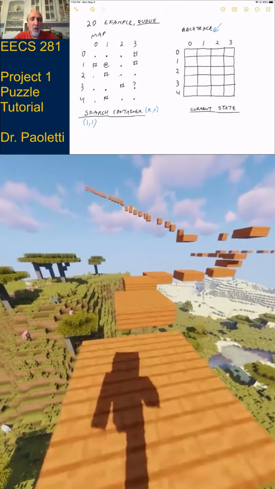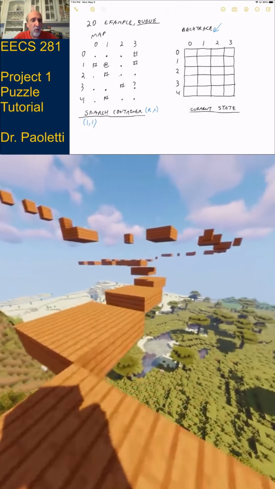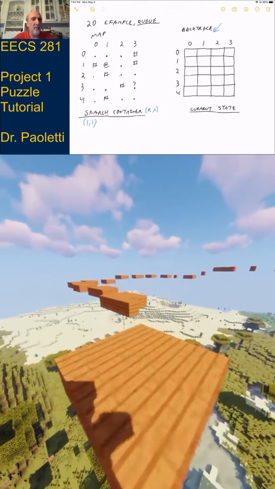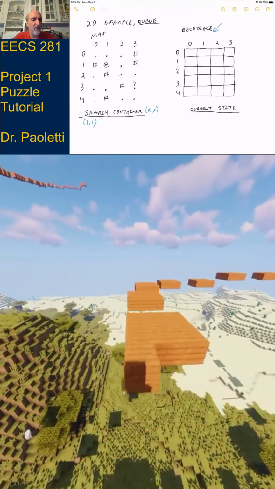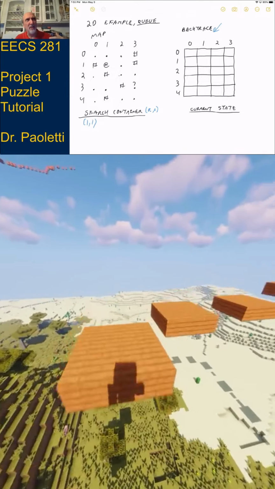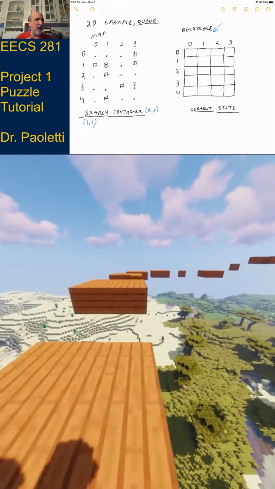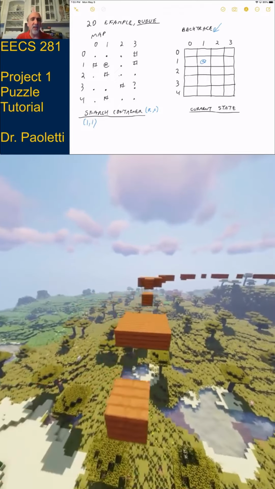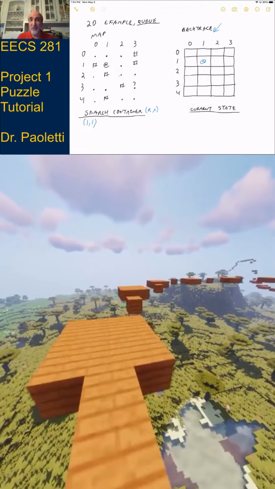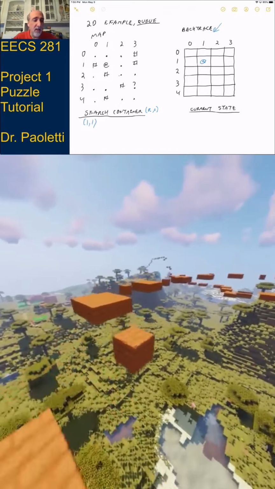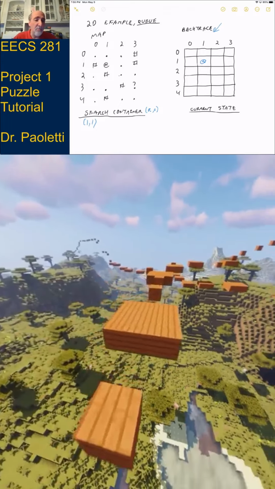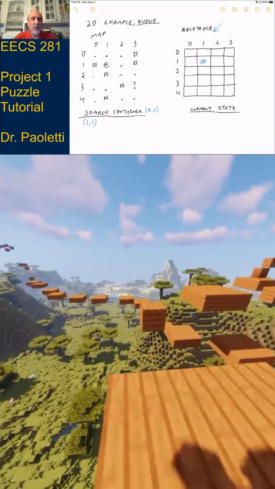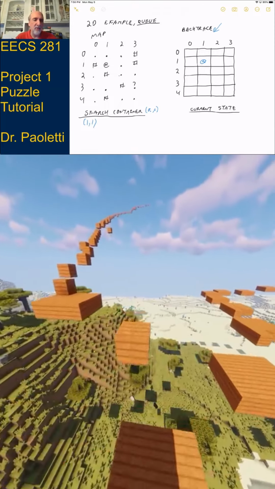Most of the locations are going to have to say where they came from. But the start is kind of special. It is discovered, but it didn't really come from anywhere. So in my backtrace, I'm going to put an @ sign in there to say, hey, this one, the character has changed. It has been discovered. How did I get here? Well, I started here. That's what makes sense to me. Okay, so we add the start location to the search container.